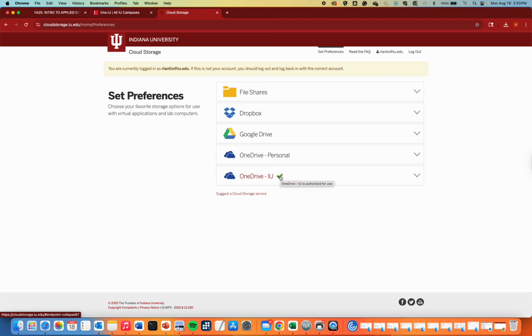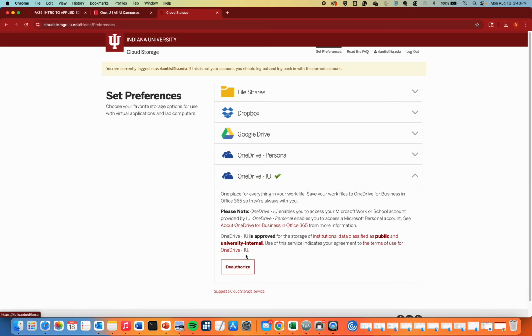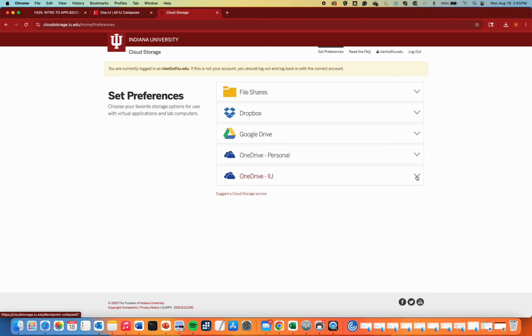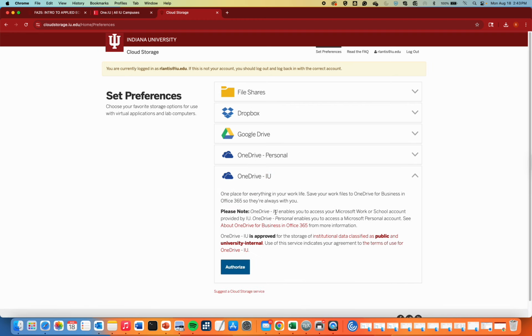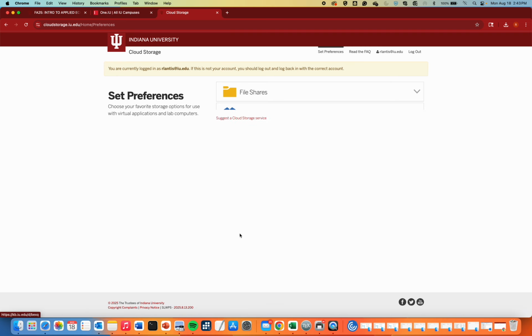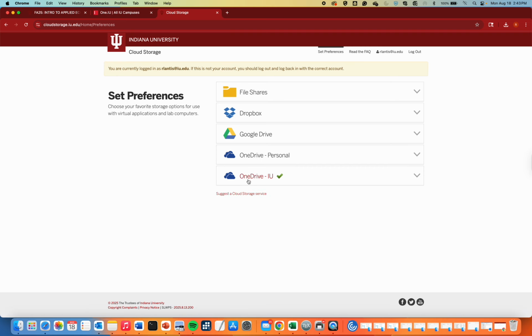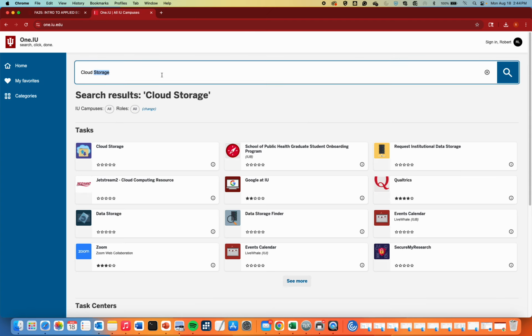That's what we want. Now, if you haven't used this for other courses, it may not have a green check mark there. It may look something like this, okay? If you don't have a green check mark, you need to make sure you go down here and authorize so that cloud storage can use files from your OneDrive. And that OneDrive shouldn't be your personal one, it should be the IU OneDrive, okay? Once we have that green check mark, we'll go back to 1.iu